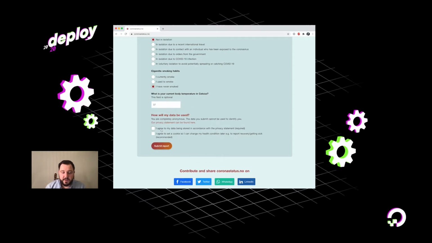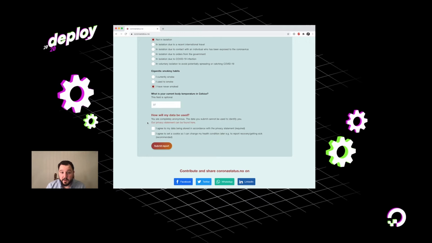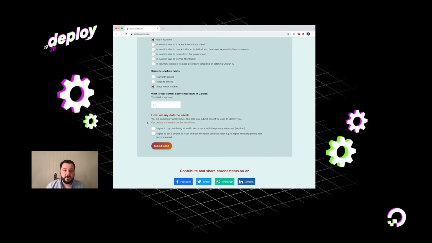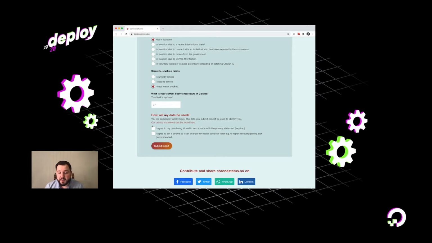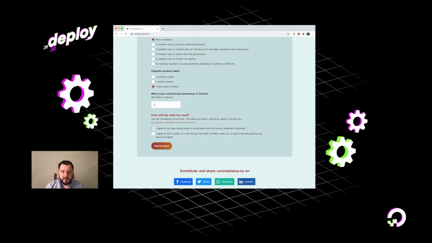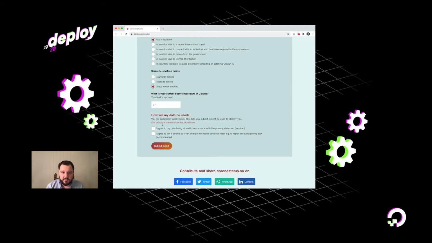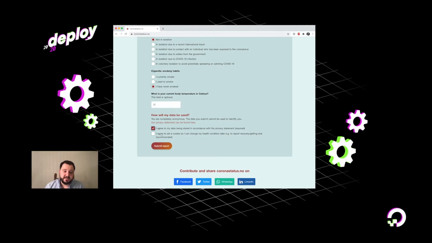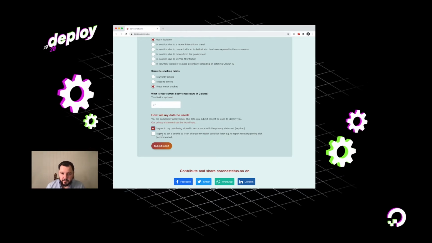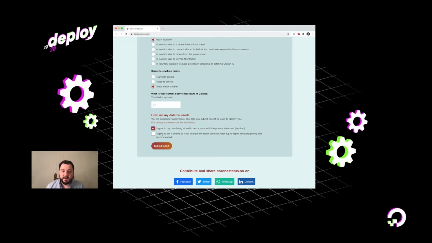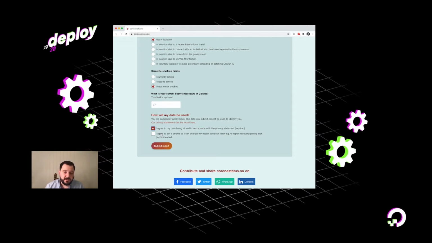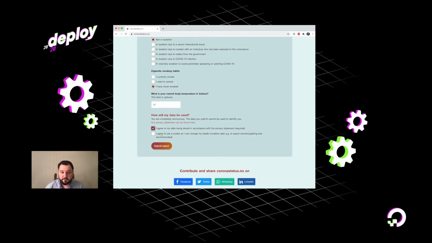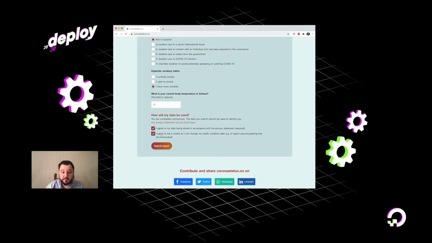And finally, I get asked a couple of questions on data and privacy. So in order to submit your report, you have to agree that the data is open source and available to anyone. There's also a privacy statement that you can read here. And you can also optionally set a cookie in your browser so that we remember your browser the next time you come around. This is in case your health condition changes, so that we can have more accurate reports on how people are progressing. So I'll check this, but this is totally optional.